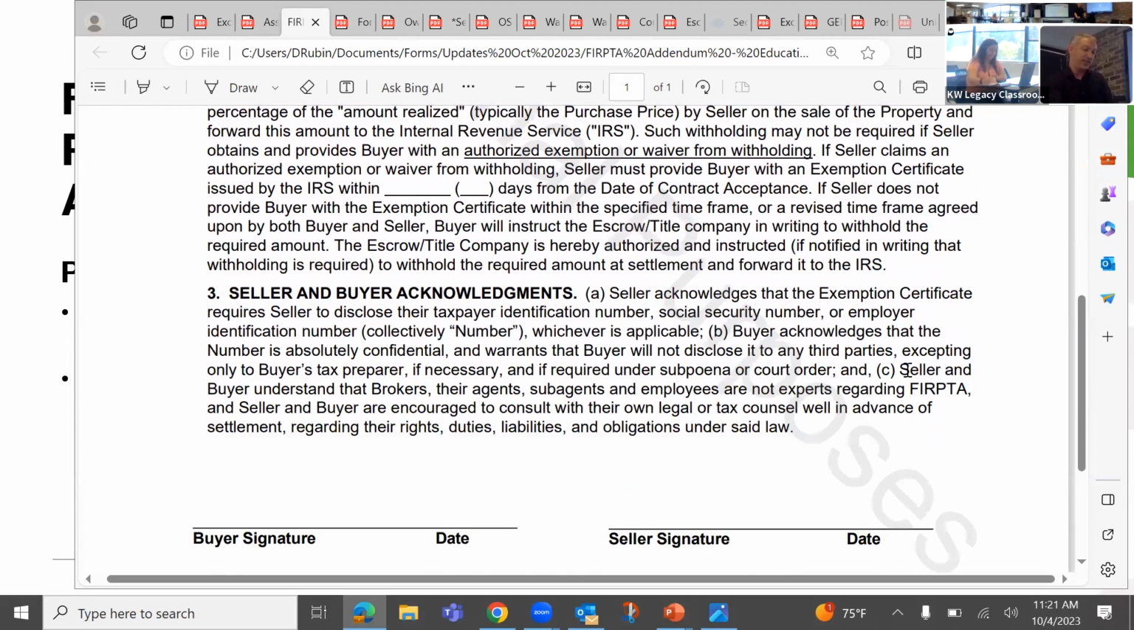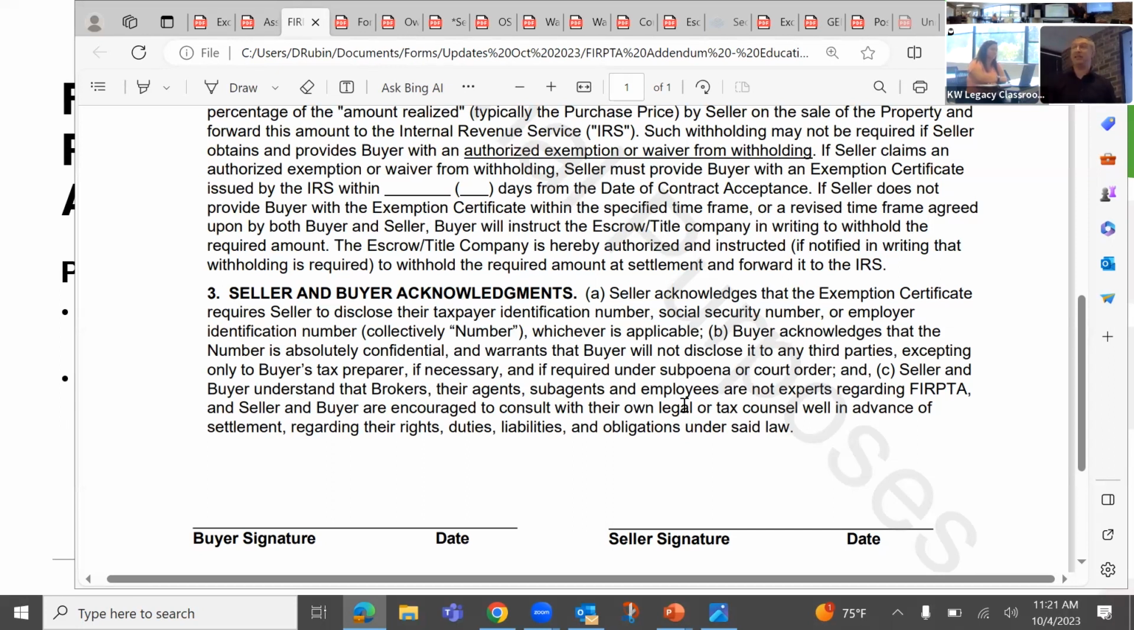Here's my favorite part about this addendum. Seller and buyer understand that brokers, their agents, and sub-agents are not experts regarding FIRPTA, and seller and buyer are encouraged to consult with their own legal or tax counsel. This is an extremely messy law that is very confusing. When this is implicated, you need to talk to your title person immediately because they actually sort of know how